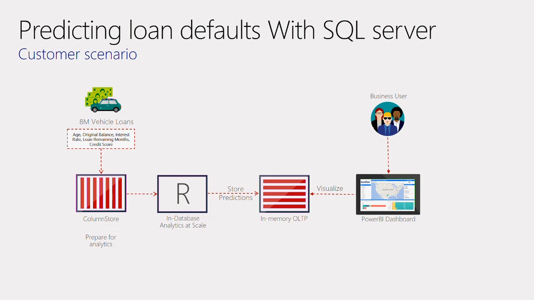So they shove the data in the database. They have column store indices. The R in the database uses the scoring, gets the data, queries against the column store, gets the data, scores it, and then stuffs it into an in-memory table for really fast access because they do a lot of this. And then they have visualization through Power BI that basically shows the individuals and the aggregate and where things are working when their things are not working, right? And so this is a situation where they're using in-memory OLTP, they're using column store, and they're using R, right, to build this model. And this is what we call HTAP.